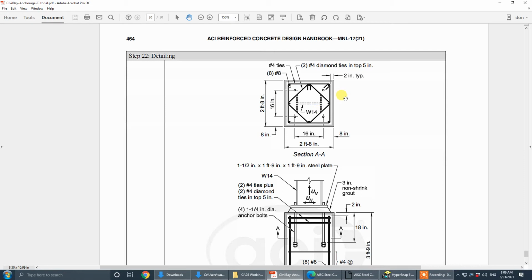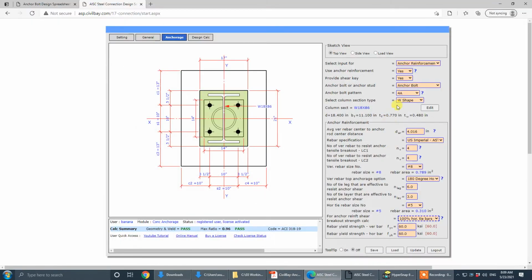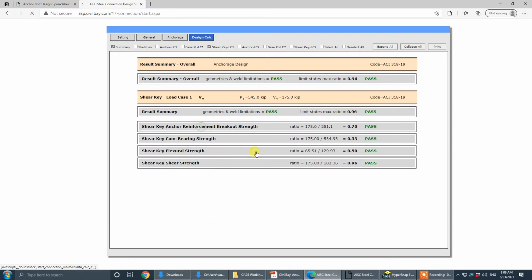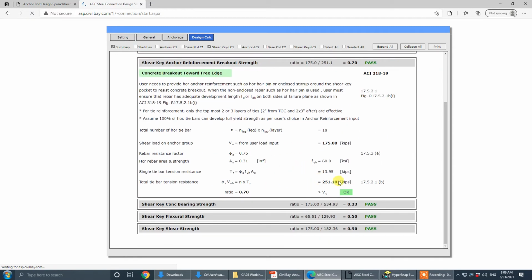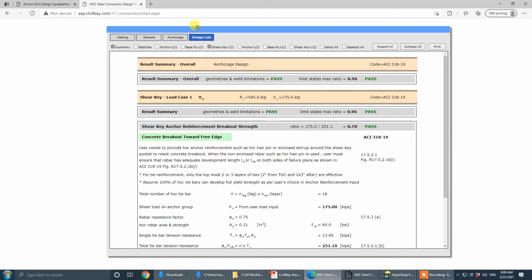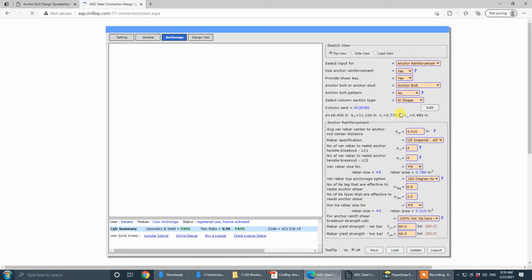There are 6 legs in total and three layers with close spacing. Then we increase this area and we get this design pass. Okay, get the total at 0.7. So that's one of the examples